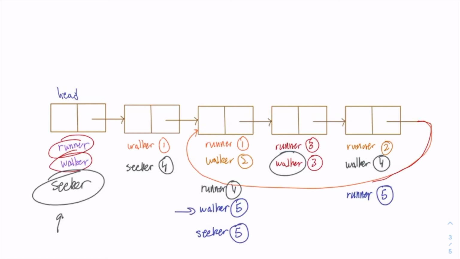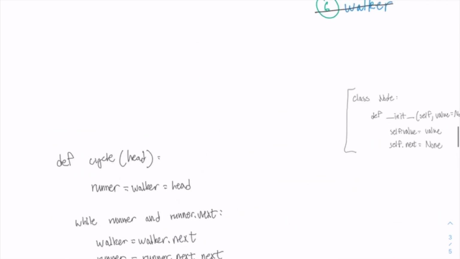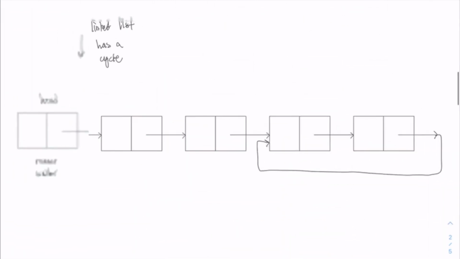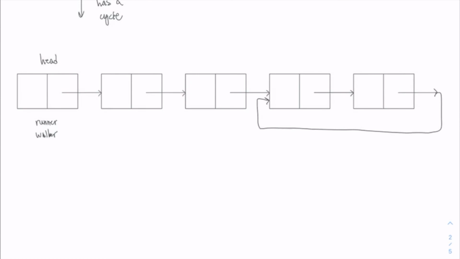So magically, and this is actually really cool to me when I first learned about this, seeker and walker have shown up at the same node at the same time only when we've introduced the seeker variable, the moment when runner and walker are at the same place at the same time at the same node. And we can prove this with a cycle that has 2 nodes,